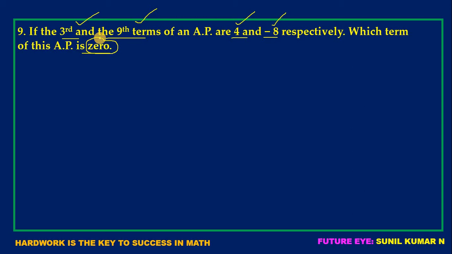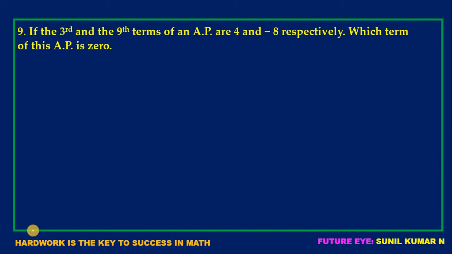Children, as I said in earlier videos, whenever they ask to find a term by giving its value, in that case we have to find the value of n. And you know that to find n value we need d value as well as a value. So here a_n will be 0, children. First let us find a and d values. So for that, what are all the values we know, we have to go from those values only.